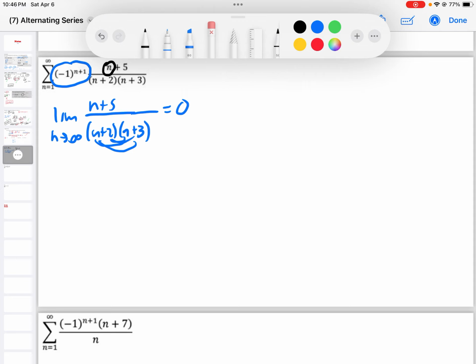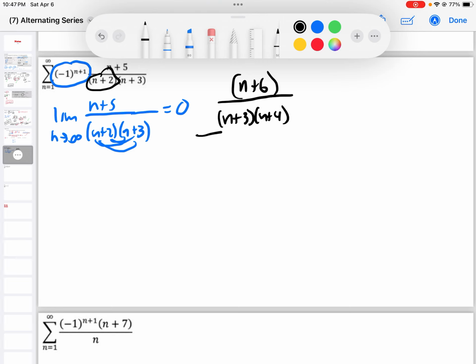So I'm going to plug in n plus 1 for all the n's, and instead of writing n plus 1 plus 5 and adding each time, I'm just going to do it in my head. So if I add 1 to n, then n plus 5 becomes n plus 6, over adding 1 to that, n plus 3, n plus 4, over the original,